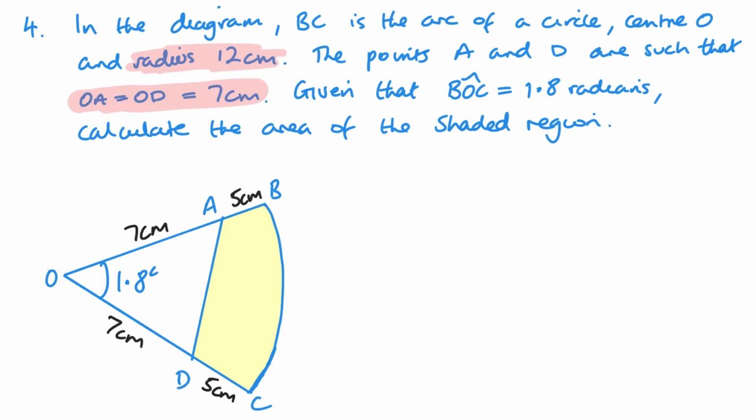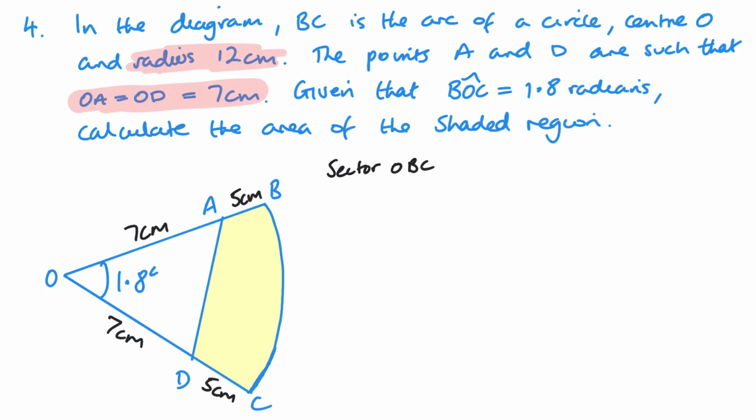So in this one, it's a little bit different to some of the others, because in this one, it's not a segment. We're not going with the same radius here. So we can't just jump in with the area of the segment formula, because they don't have the same radius. So what we do need to do is do them separately. So let's look at the sector